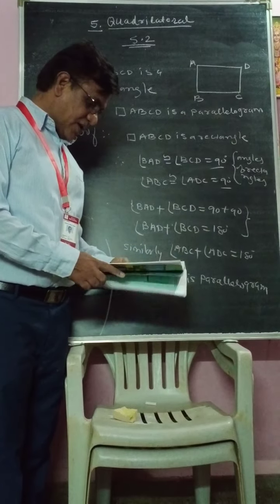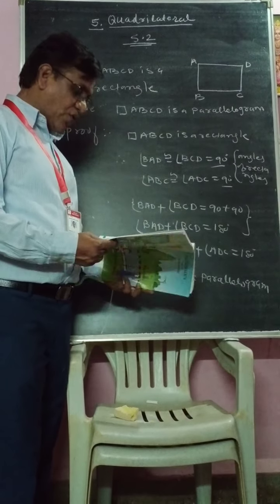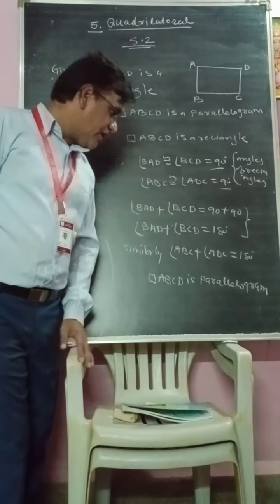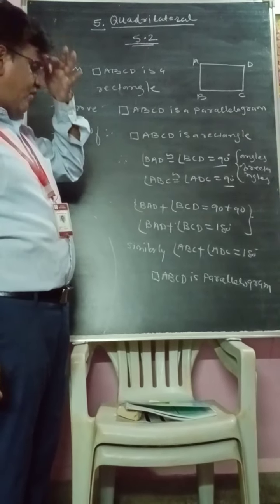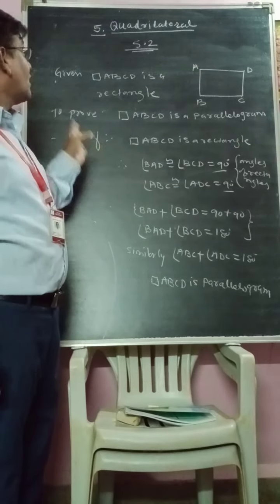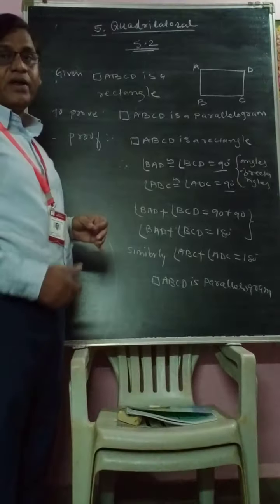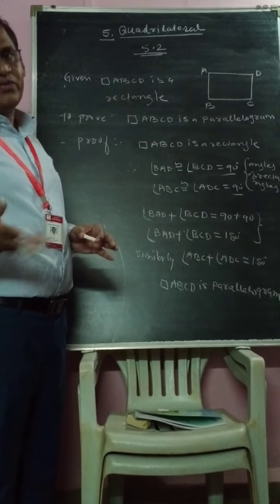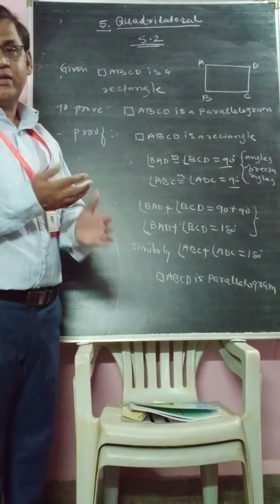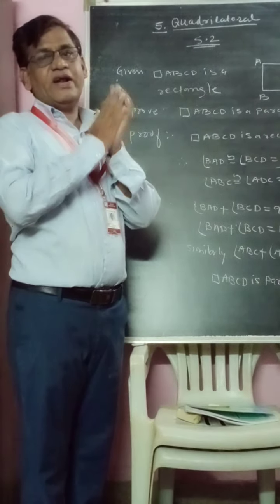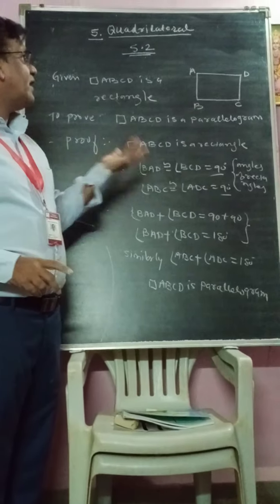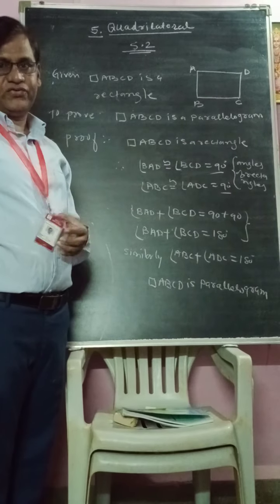Okay. Now, only one more question is there in 5.2. Afterwards, we will solve that question. Only you have to solve these questions. Today we completed question number 1 and question number 2 in 5.2. As well as you have to read the theorems. I already explained the theorems. You have to read the theorems and write them down once. Okay, and in the next lecture we will solve the next question.